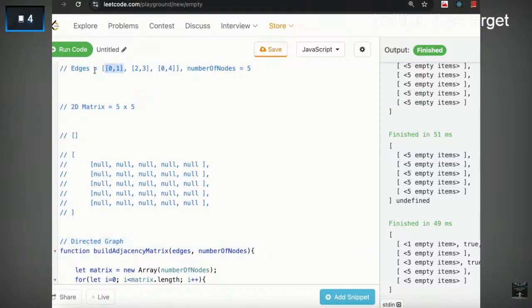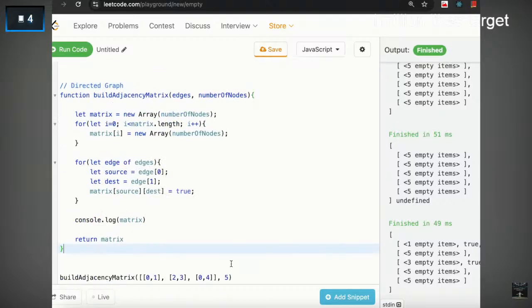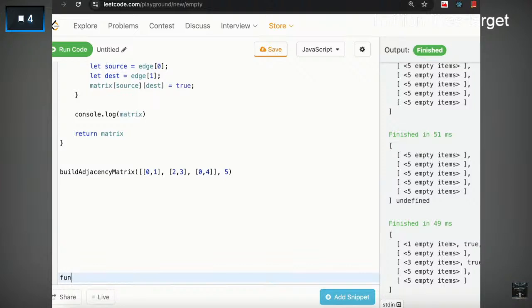बीच में एज है, 1 और 0 के बीच में अगर एज होगा तो यहाँ पे एंट्री रहेगी उसकी, तो इसमें नहीं है। तो अब हम दूसरा तरीका पे जाते हैं, बिल्डिंग एडजेंसी लिस्ट, ठीक है, बिल्ड एडजेंसी लिस्ट। इसमें आप अगेन एजेस ले लो और नंबर ऑफ नोड्स ले लो, कोई चेंज नहीं है इनपुट में, ओके।